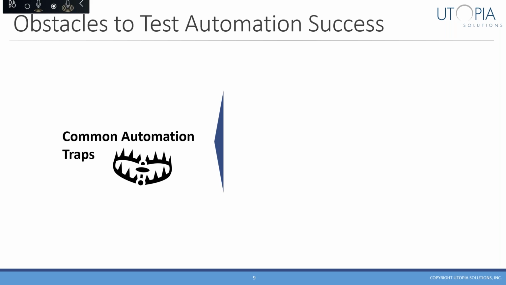Okay, so let's move on and talk about some common obstacles. If we can agree that DevOps can't be successful without effective test automation, I really think we need to be aware of these common obstacles or traps to effective test automation. So the first one is either too much or in some cases not enough automation. I see a lot of instances where there are a ton of automated tests that were created just because they could be automated. So essentially automation just for the sake of automation. And really that's not enough justification, right?